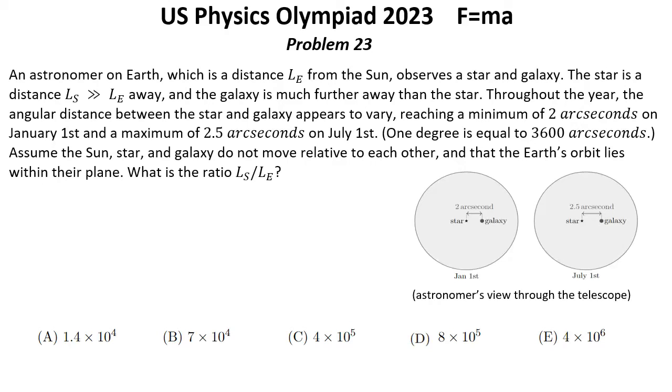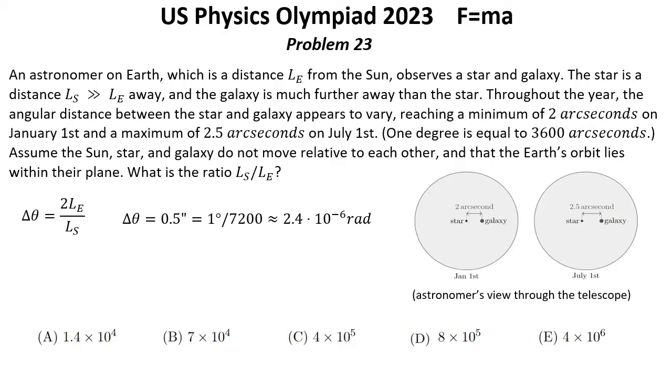Solution for problem number 23. The change in apparent position of the star is due to parallax. Using the small angle approximation, we have delta theta equal 2LE over LS, where delta theta equals the difference between 2.5 and 2 arcseconds, which is 0.5 arcseconds, which is 1 degree over 7,200, or about 2.4 multiplied by 10